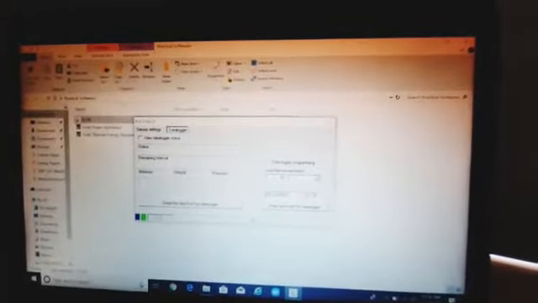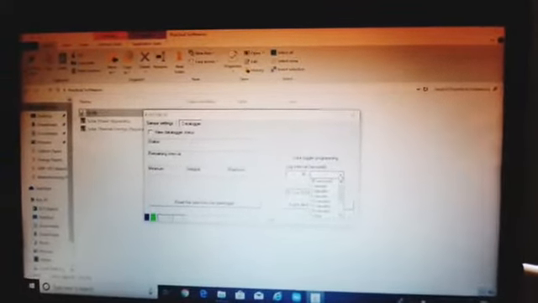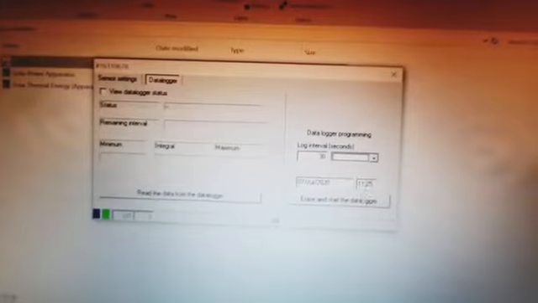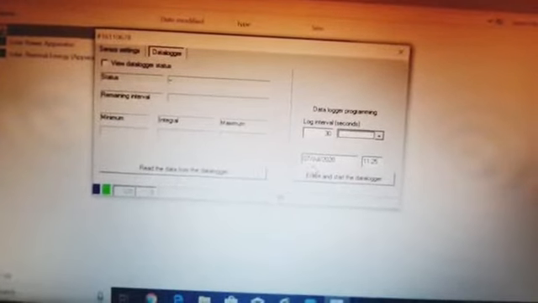This is a computer program. You just set your reading interval as you need: 30 seconds, 1 minute, 2 minutes, 5 minutes. I think 30 seconds is fine. Now our time is 11:25 and today's date is 7 July 2020.